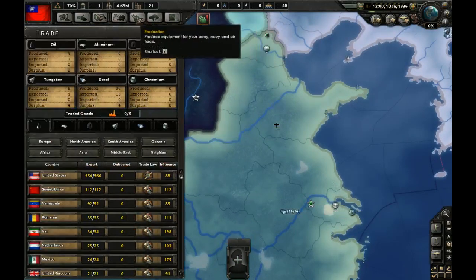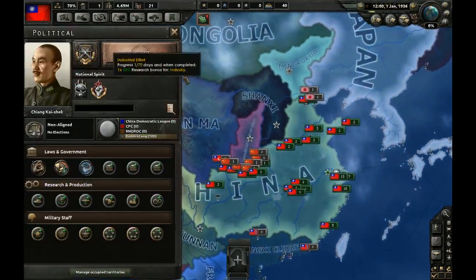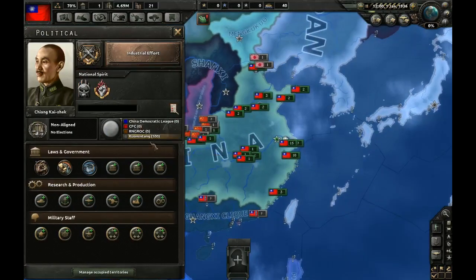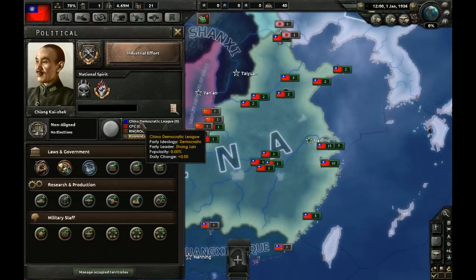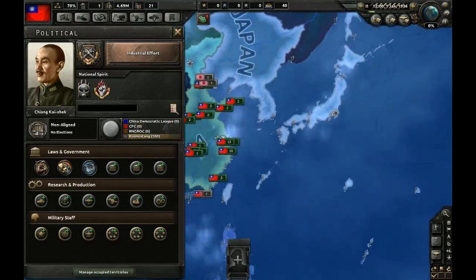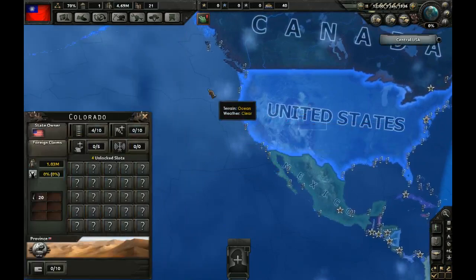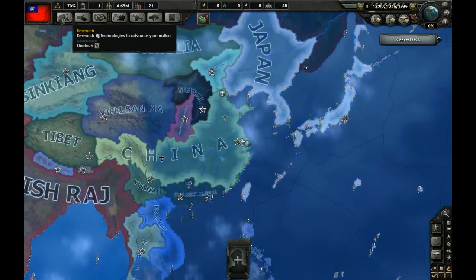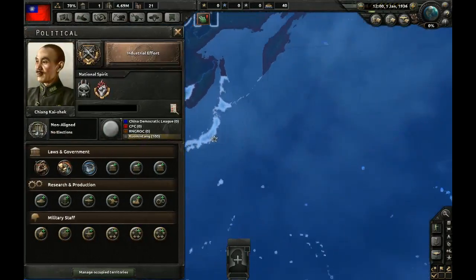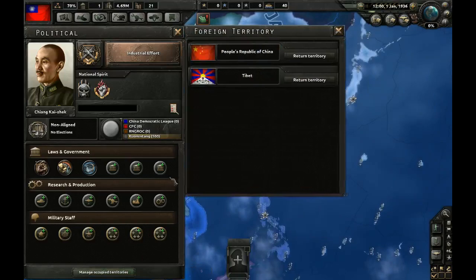Now, other than that, it doesn't really seem like we have much to be doing. I do want to probably attempt to make... Right now, as you can see, the Kuomintang party has 100% support. I do want to probably at least get some democratic support later on. Or just in general, in some way, get some kind of support to ally myself to the United States, because I do want to be allied to them later. Not really sure how easy it is going to be to gain their support, but I definitely want to have that to help out against the...